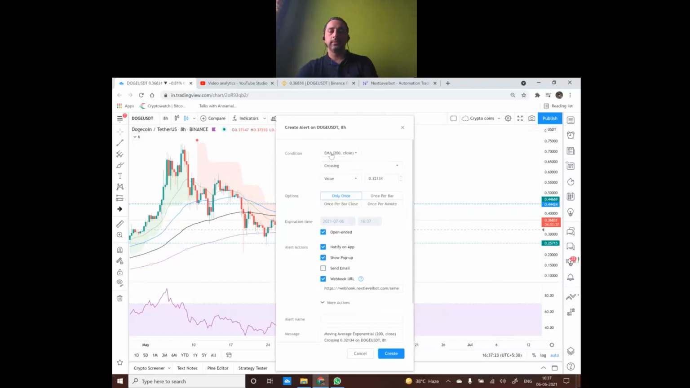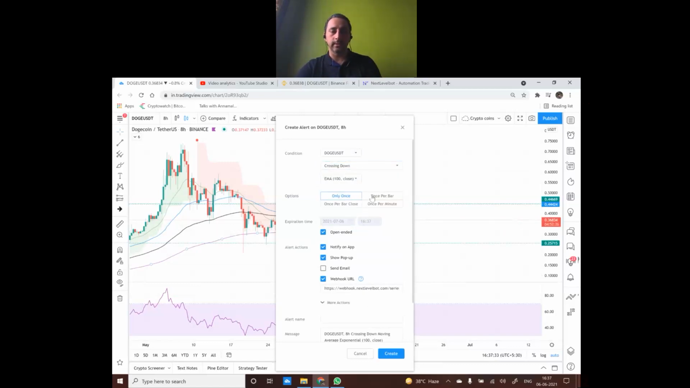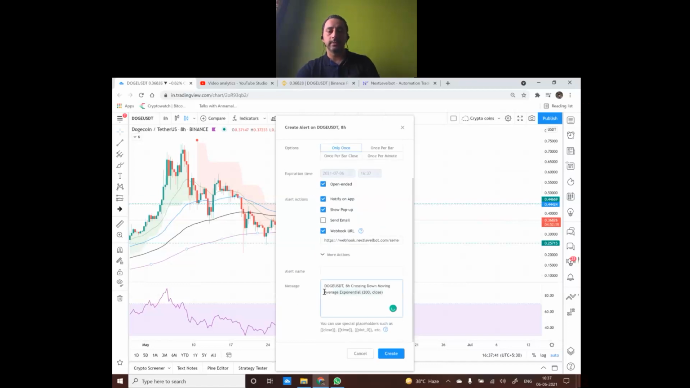If I want to do this, just follow what I'm doing. This is the condition: DOGE USDT crossing, let's say down, and I select an EMA 100. Okay, let's do 200. That's far better. And you see the webhook is already there. Instead of this message, I will paste the sell code which we generated, and I will write whatever description I want to give. If you write the alert name, it will help you in searching the alerts from so many alerts that you can have. In TradingView, you can have 400 alerts with your premium account. So once you do this,